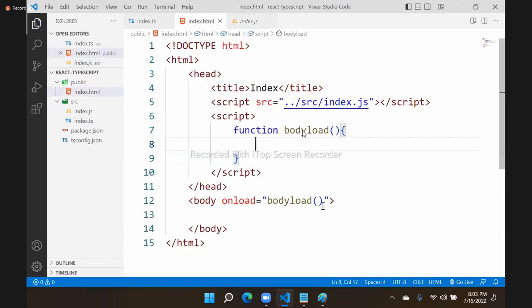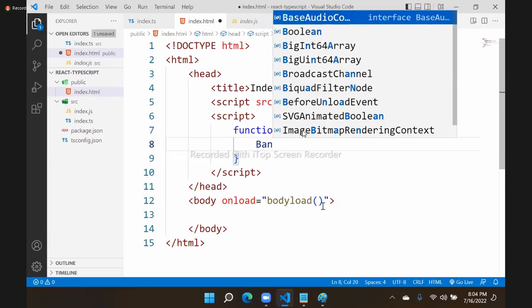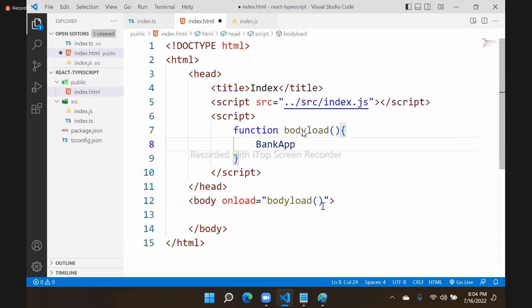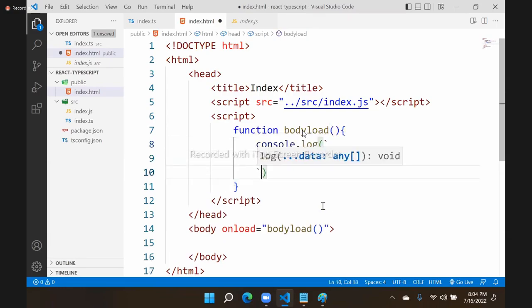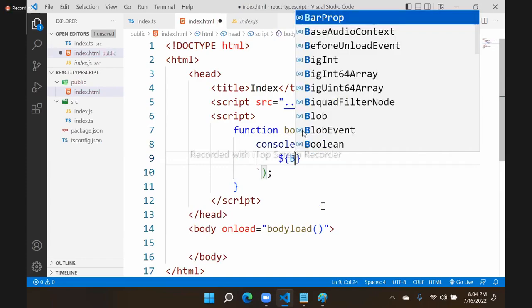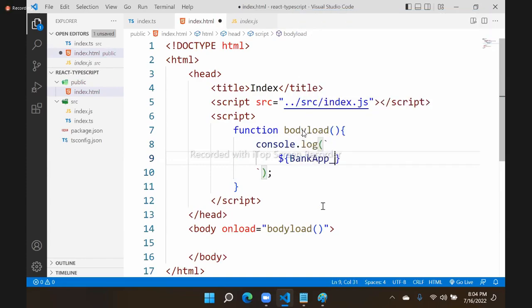So we have to just use those variables. I am just printing, suppose console.log. I will put here the options like bank app, binding expression, bank app underscore legacy